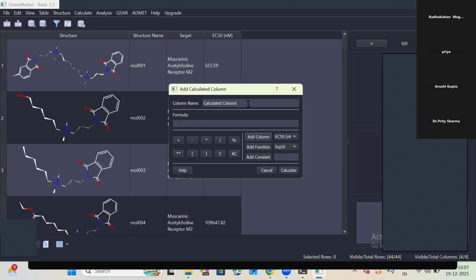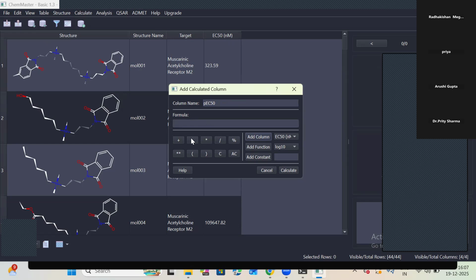For that, we first want to rename the column name as PEC50. The EC50 value is converted into a log value. This activity is called P activity, so we give the name as PEC50 value. Now we're going to add the formula. For that,